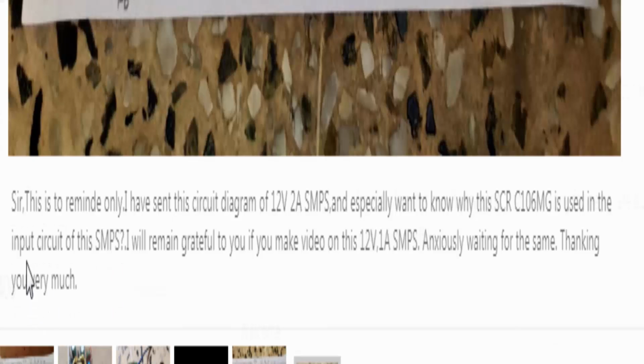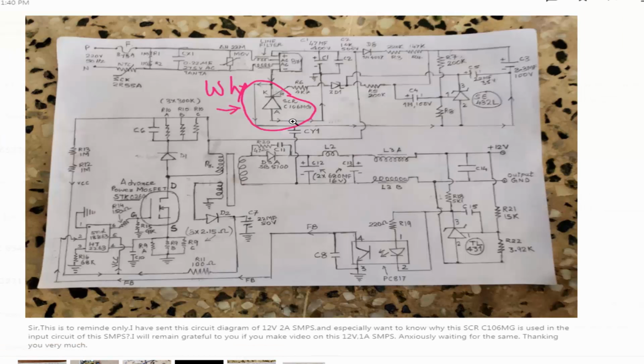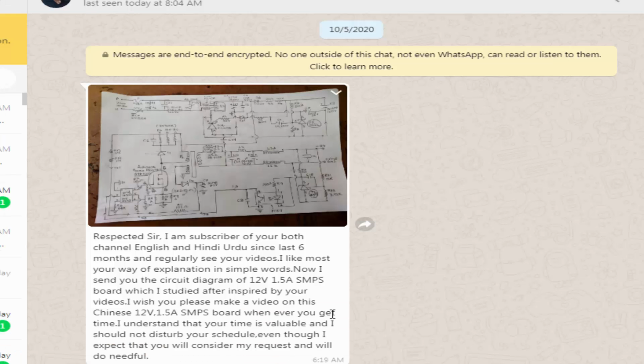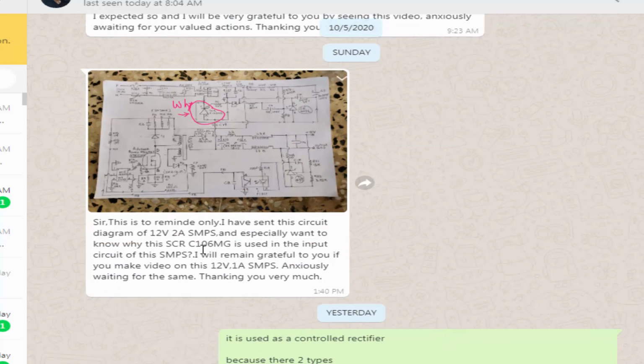He also mentioned sending a message. I have this diagram and I want to see why the SCR C106MG is used in this circuit. What is the function of this SCR? He sent me this message on 5 October, and I am sorry for the delay because it is now about 15